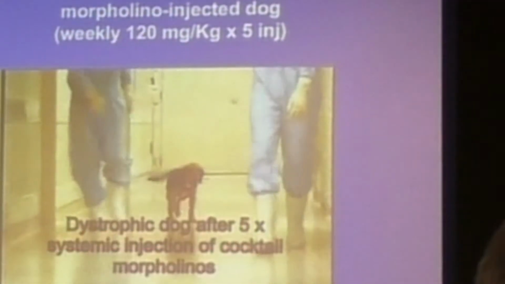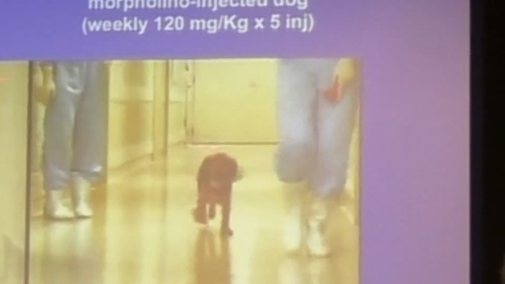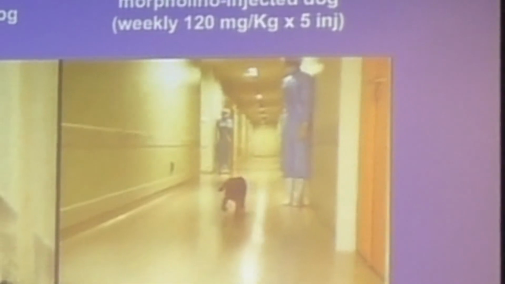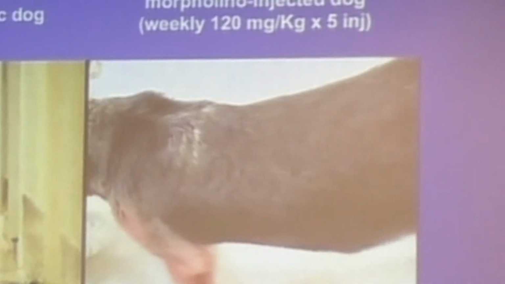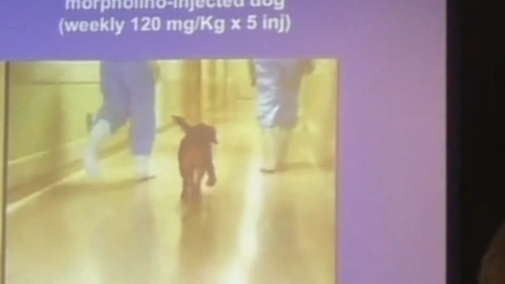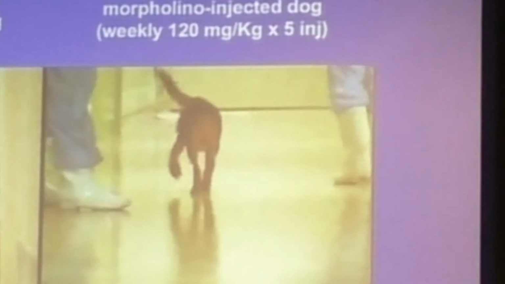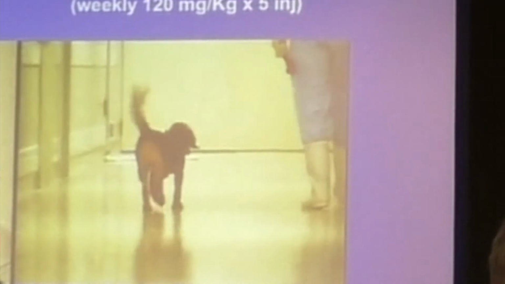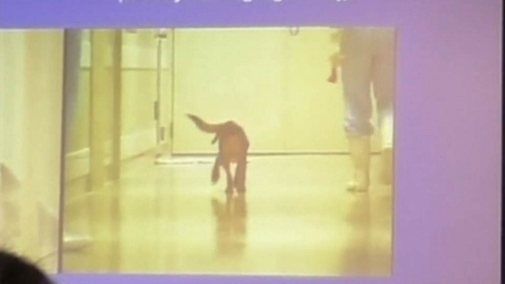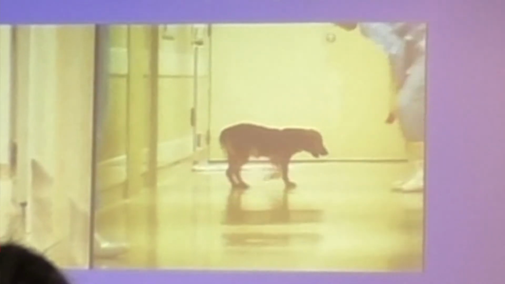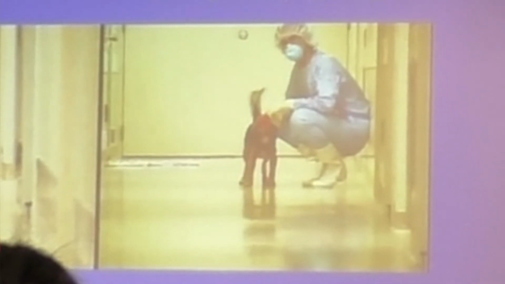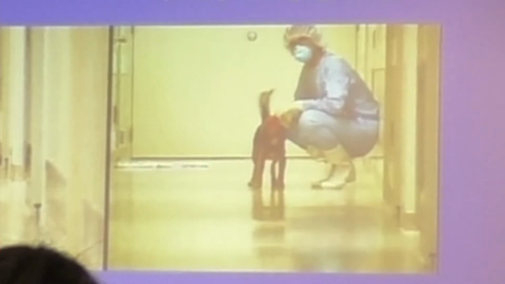Okay, perfect. So these dogs are littermates. Usually they have similar symptoms, but he can run much faster than non-treated dogs, and his stamina is much improved. He can easily run 15 meters and he's still happy. So this is quite a great result. Yeah, he's very happy, and he has two tails, so that means he's very happy.